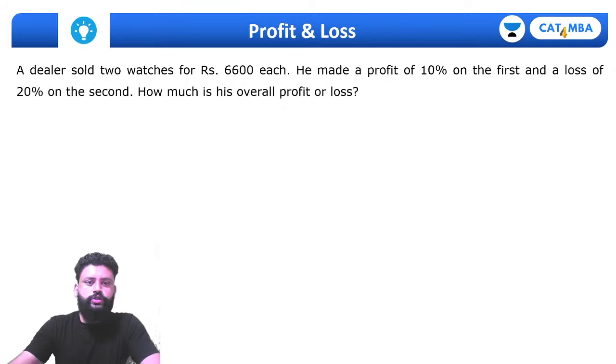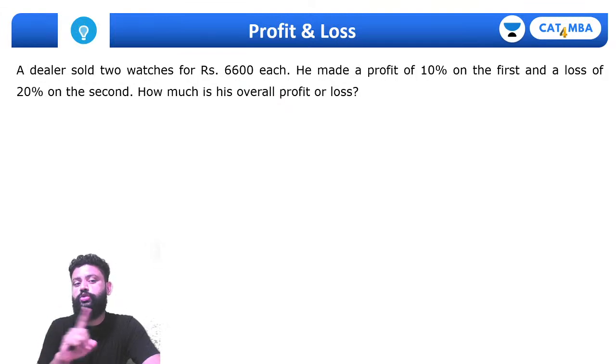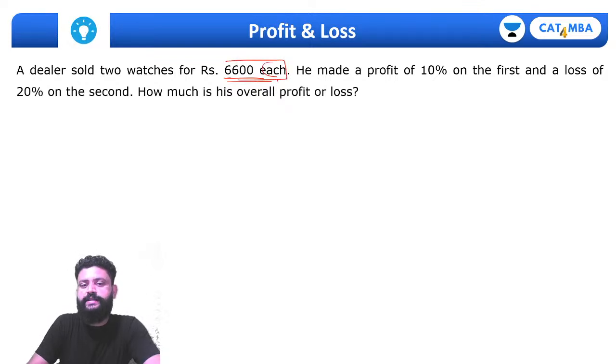A dealer sold 2 watches for rupees 6,600 each. Now the most important thing here, यहाँ पे 2 watches बेचे गए हैं और दोनों का selling price same है, दोनों का cost price अलग अलग है. Definitely you can make out from the question. 6,600 each लिखा है, be careful, कुछ लोग ये each पढ़ते ही नहीं हैं,